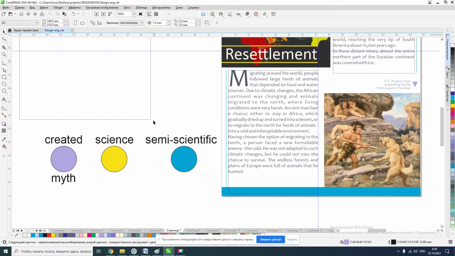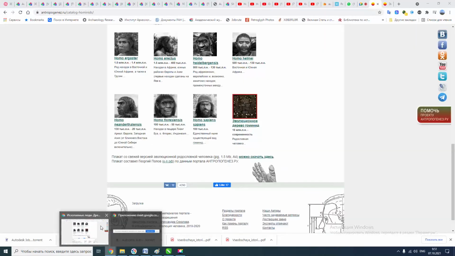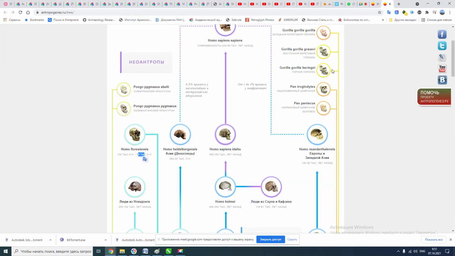We call it, in this theory, we call it... just let me remember... we call it the theory of paleo contact. Paleo means something ancient, contact means contact, it's okay.